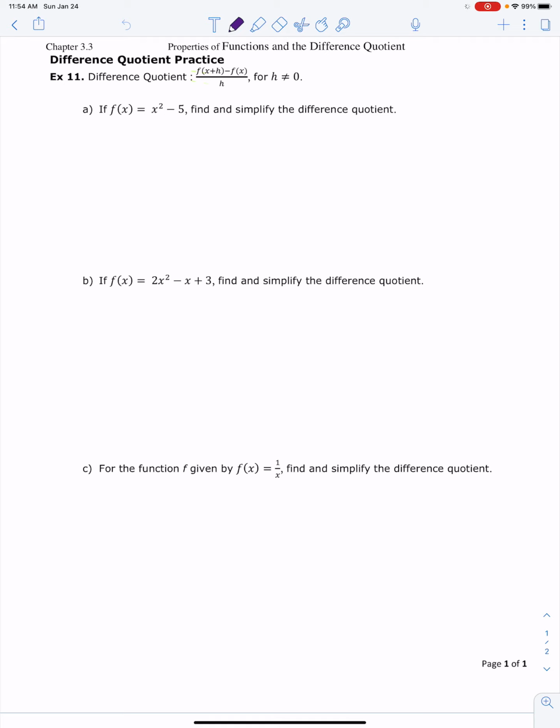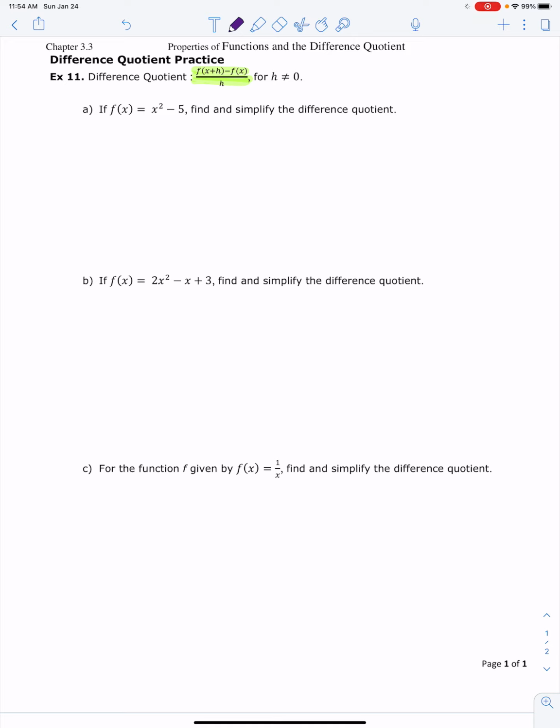3.3 notes, properties of functions and the difference quotient. This is the final page, difference quotient practice. And so we saw the difference quotient briefly in 3.2. And we want to make sure you are comfortable with this, so we are going to take some time to